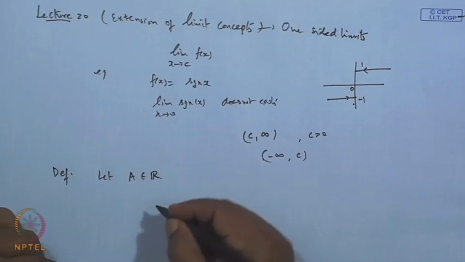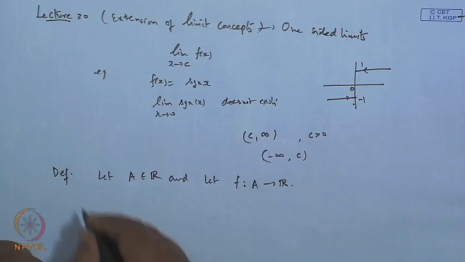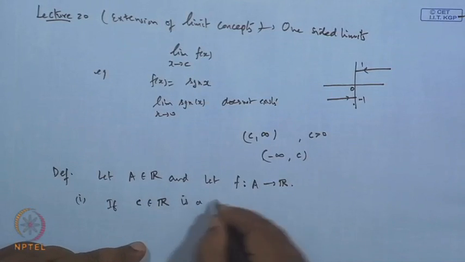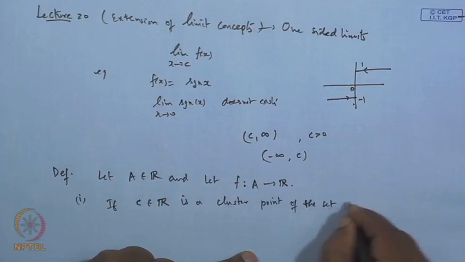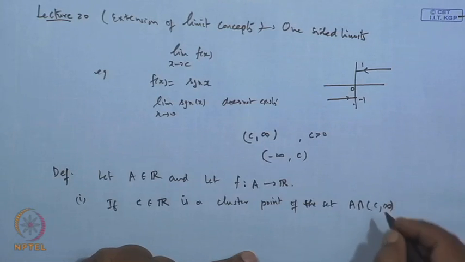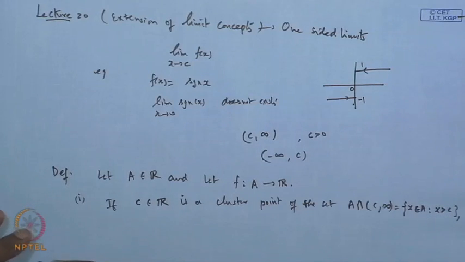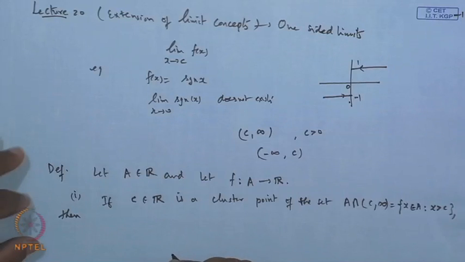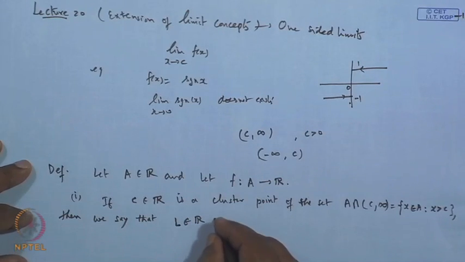So, let us see first, let A belong to R and let f be a mapping from A to R. Then, if c in R is a cluster point of the set A intersection (c, infinity), that is the set of those points x belonging to A such that x is strictly greater than c, then we say that L, a real number belonging to R, is a right hand limit